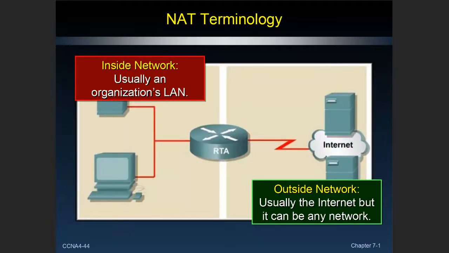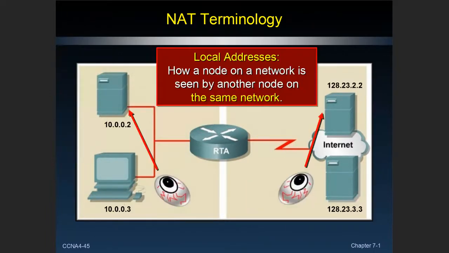So let's look at this terminology. The inside network is usually an organization's local area network. It could be your home network. Let me see, turn on the pencil. So this is the area over here. Some local area network with several devices. The outside network is going to usually be the internet. The jagged lightning bolt thing here is the way we normally designate you're connecting to an internet service provider, or you're connecting through a leased link to the home office. So that's the outside network.